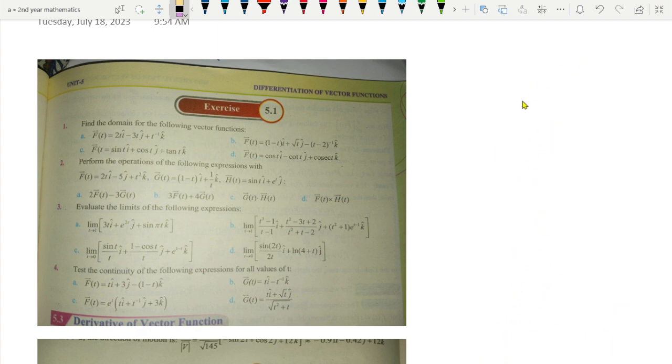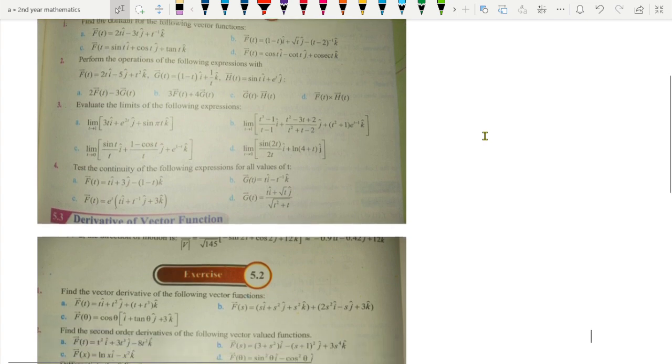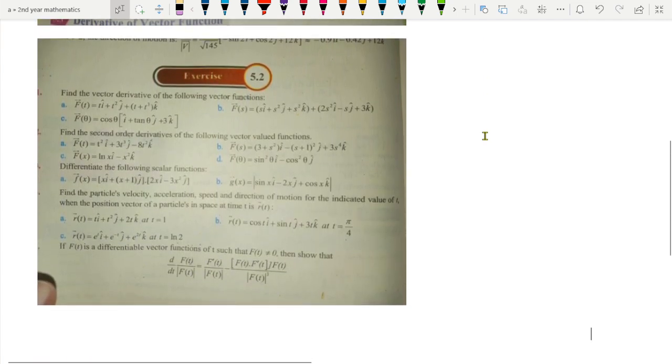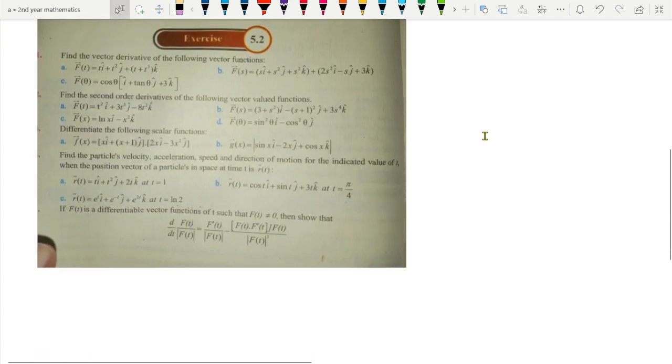Now we will discuss exercise 5.2. So this is our 5.2 exercise. Here he is asking us to find the vector derivative of the following functions. It is very simple to take the derivative of vector functions. So first question we have